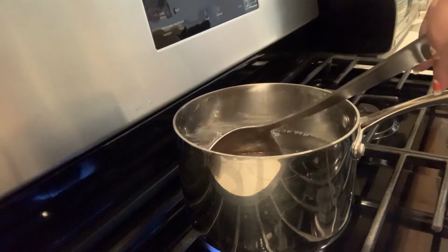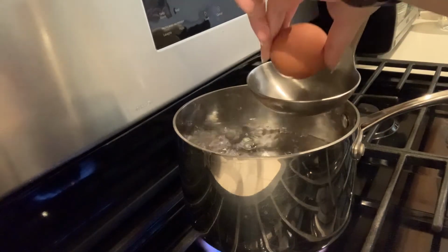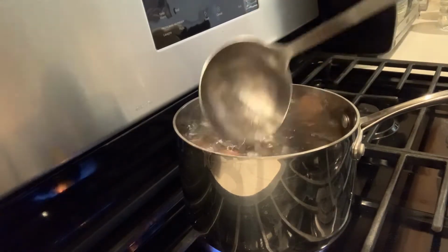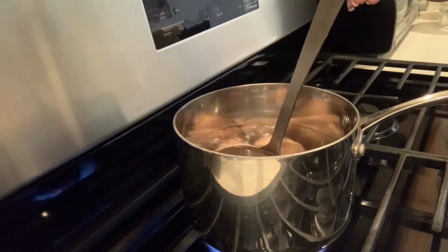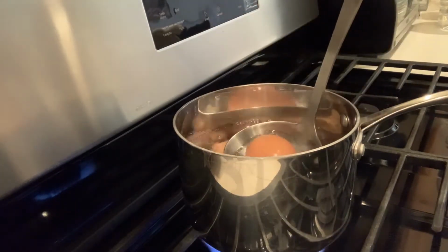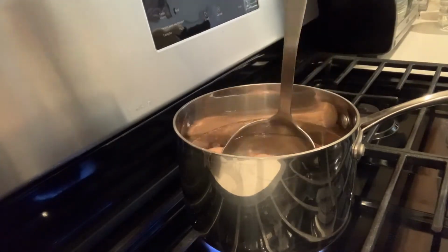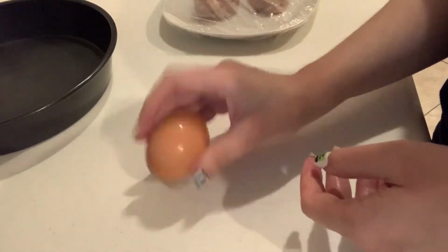You do want to lower it gently so it can get accustomed to the temperature of the water, especially if your eggs are super cold, just so the shell doesn't crack from the change in temperature. And you want to just repeat this with each egg. I went ahead and sped up this portion of the video, but you do want to do this slowly and gently, not this fast. And you want to boil them about 7 minutes and then just tap all the way